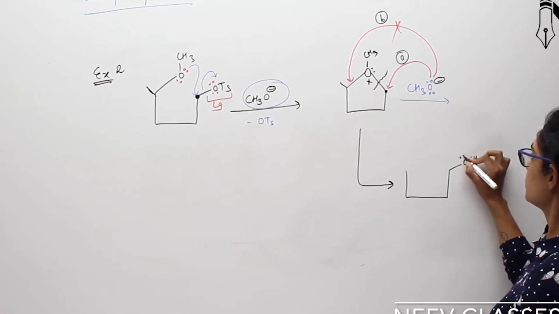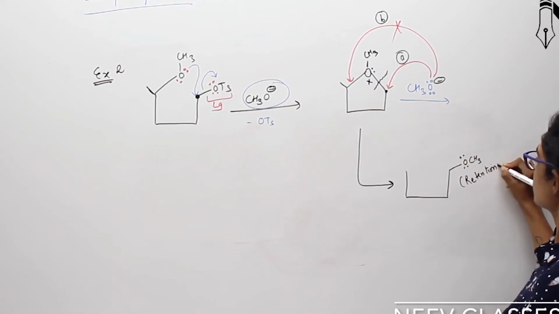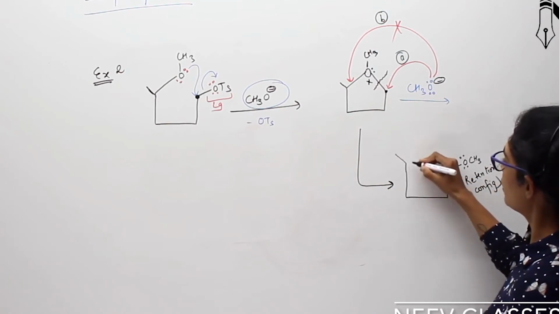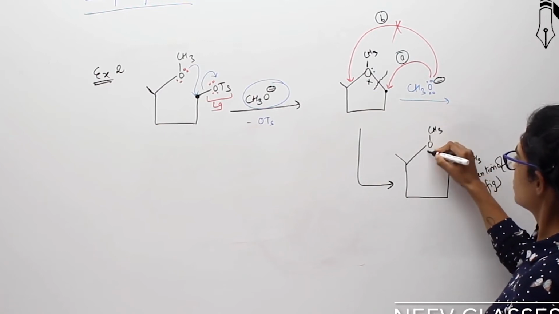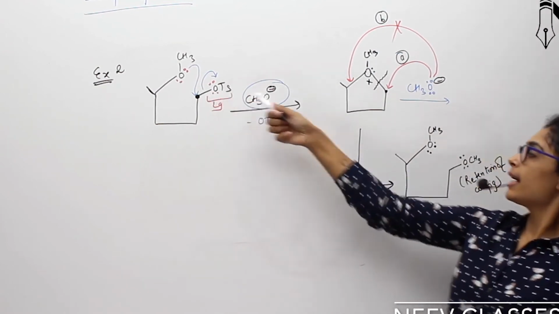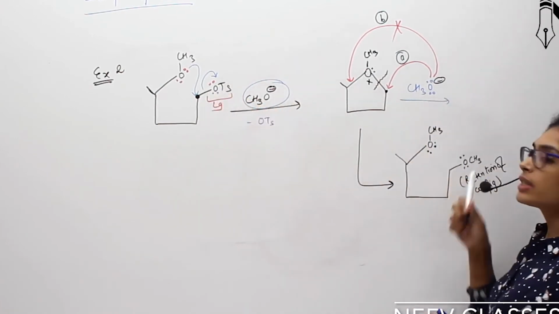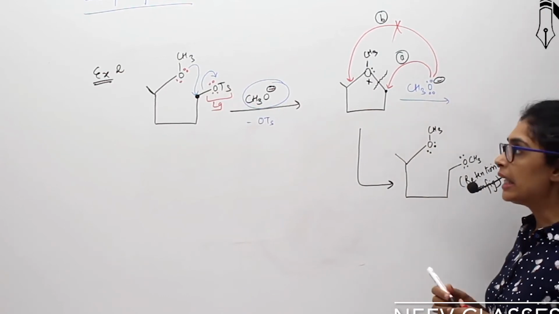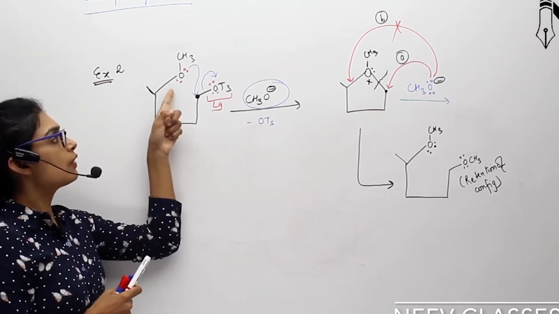OCH3, retention of configuration, and here this will become like this. So my OTS has got replaced by OCH3, and retention of configuration has taken place. Internally, the attack of one electron-rich species, or the species which can give a lone pair, has attacked on OTS,